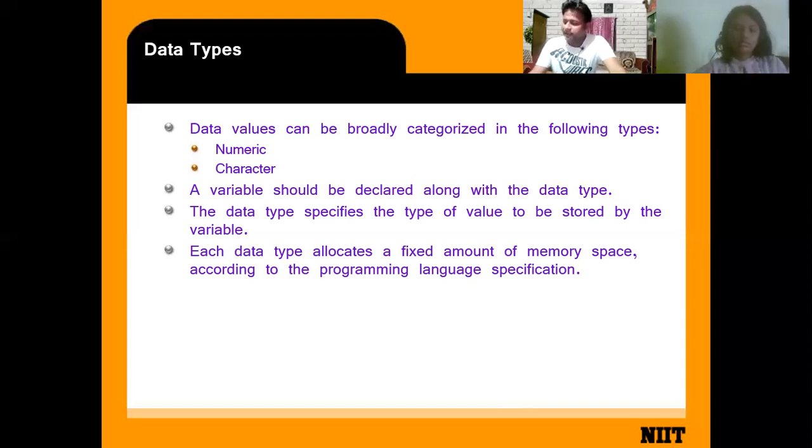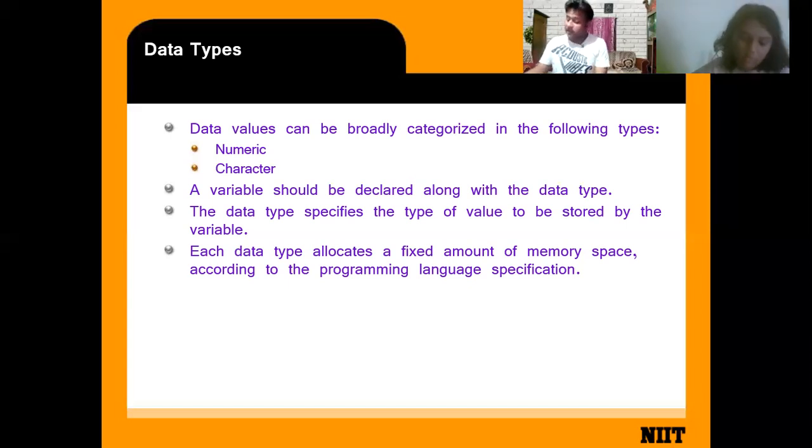Data type defines the type of value that you have to store in a variable, and it changes depending upon the program specification.